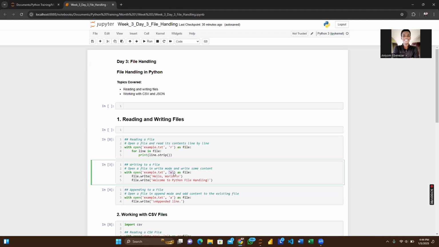Comma. And then remember the mode we were talking about. So now we want to write to the file. So that's why we make use of what? W, write. What this W does is to allow you to edit or to write to this particular